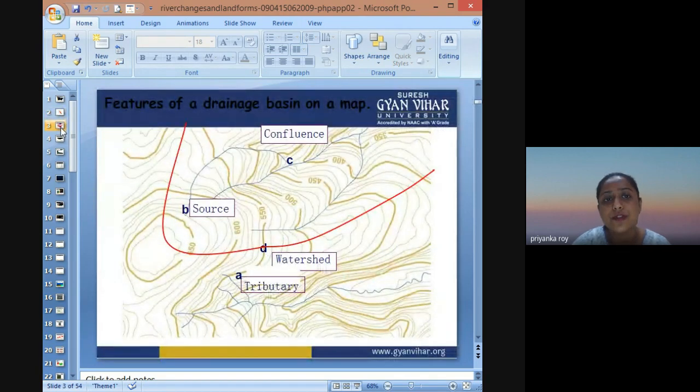Okay. The features of a drainage basin you can see on this map. These brown lines are contours, okay, and these small blue lines are streams. These contours show the height of that feature, as water flows from a higher feature to a lower feature or land and joins at different confluences. So these are the boundaries. All these small blue veins that you can see are part of the tributaries of the watershed. Okay, which we are going to do further.